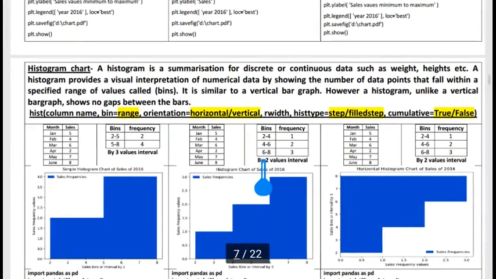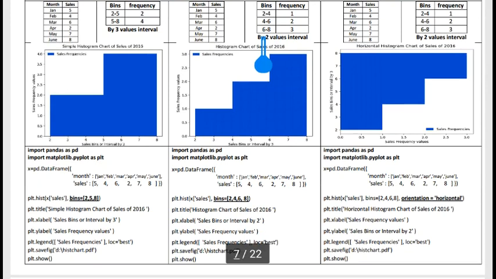Today I discussed two different new charts, box plot and histogram chart. For a histogram chart we must have a set of values, and we must divide this set of values into different intervals. In each interval we count how many values exist, and after creating a frequency table, this frequency table will create and show our histogram. Okay. So thank you students.